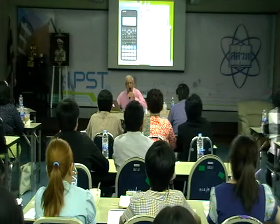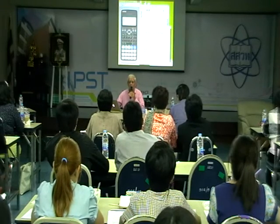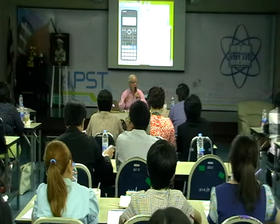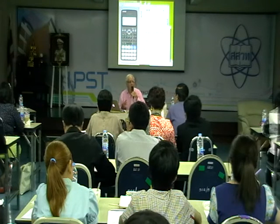Wonderful key for students learning about fractions and decimals is S to D. S stands for standard, the standard way of representing a number. And if the number is a fraction, the standard way, of course, is a fraction. I don't like decimals. I really don't like decimals. When I have 3/4, I know what it means. When I have